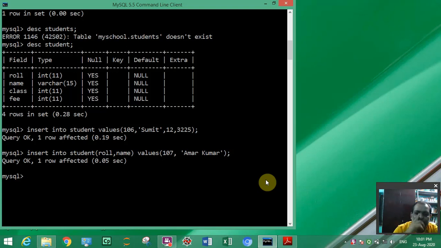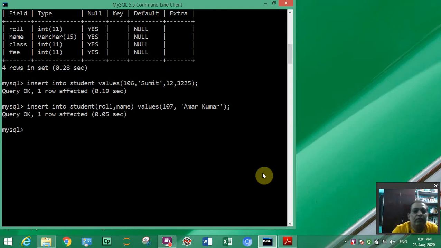So we will see the details which we have entered. Now we will see what we have just inserted. To see, you know the simple command, you know, select, and everything we want to see from this student table. So for everything, for all the things, we use a star. A star means all things. It will not leave anything inside the table, it will show everything. So select star, select all from the table student.